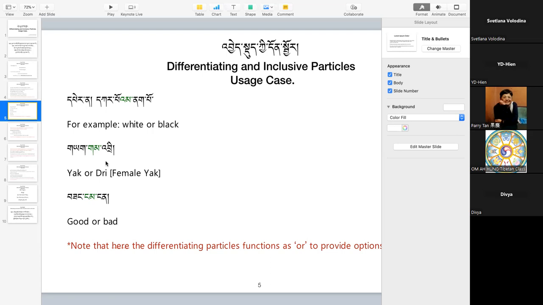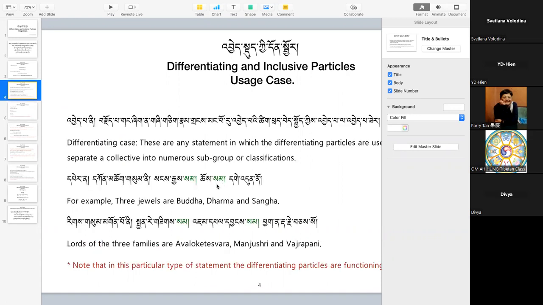For example, if we were to say "this or that," and if those two things were single, there is no use of providing an option. It is only by understanding that these two things are different that we're able to provide an option. So in this case, the particle is capable of providing the understanding of individuality. But with cases like this, we must understand that it is incapable of providing it because it does not function as a conjunction.